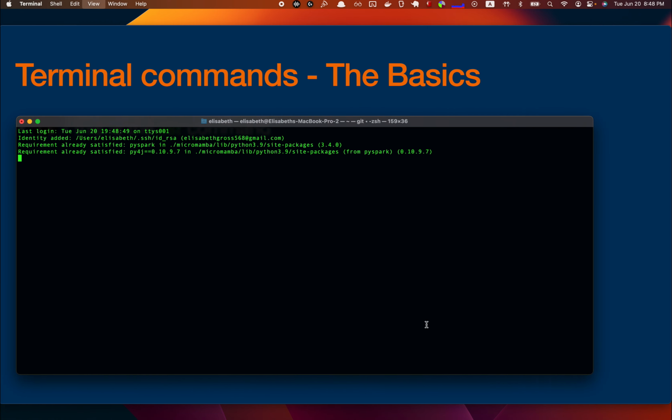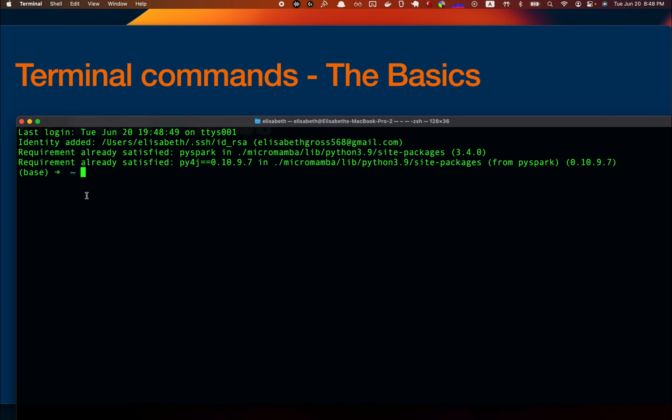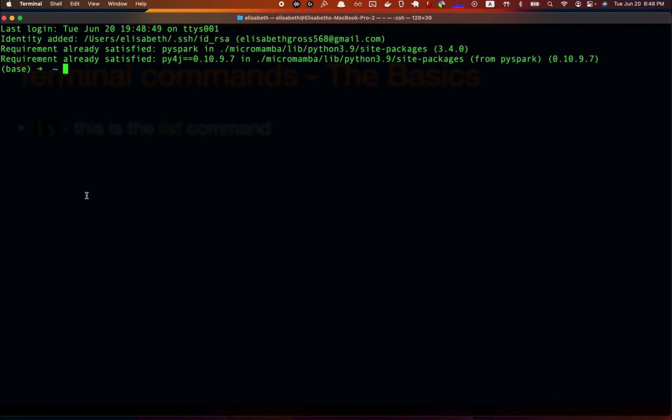I already have some things that are popping up that we can explain at a later date, but not important for now. So I have just the tilde and I have a nice arrow, which none of you have, haha. Let's make this a little bigger and let's do full screen. Okay, so ls, so I'm in tilde, right? So tell me someone, what does tilde indicate? Where am I on my machine?